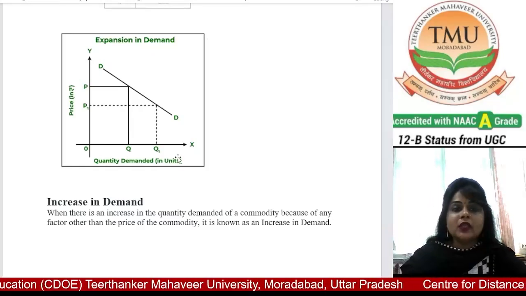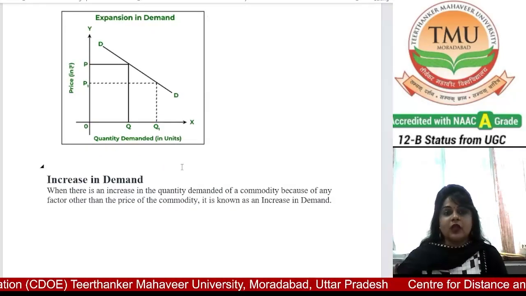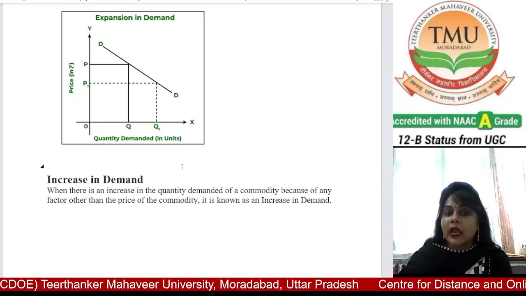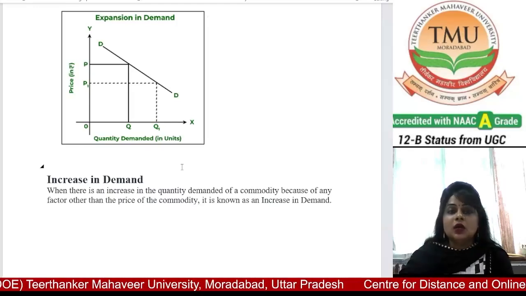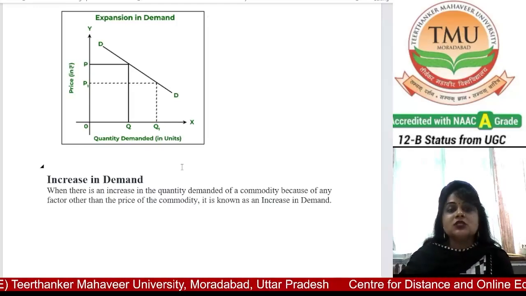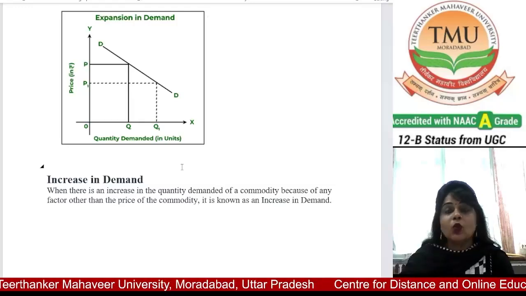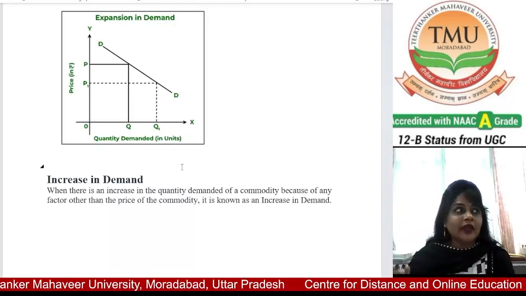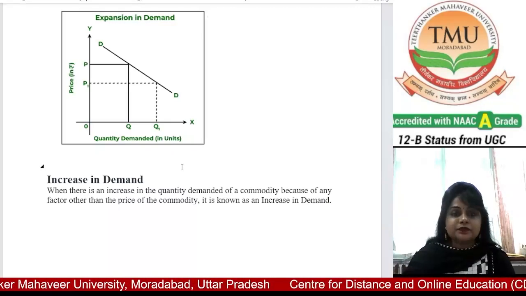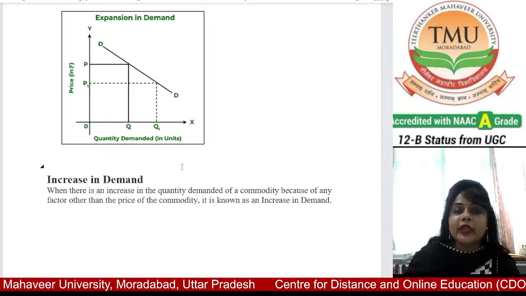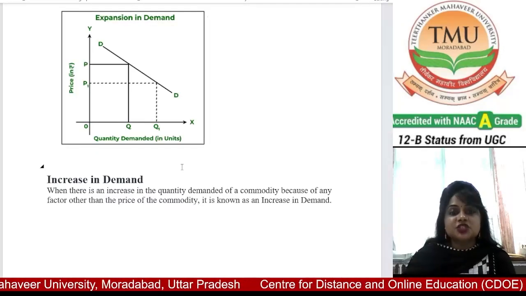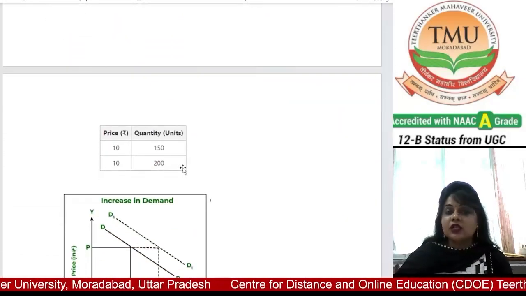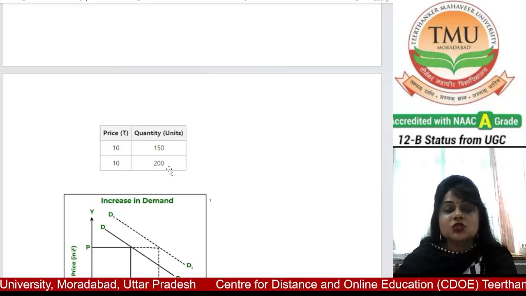Students, now we discuss what is the increase in demand. When there is an increase in the quantity demanded of a commodity because of any factor other than the price of the commodity, it is known as an increase in demand. It means that there is no change in the price. The price level is the same and demand is increased. In simple terms, the demand for a commodity increases at the same price because of changes in other factors. Increase in demand results in a rightward shift in the demand curve, as you see in the